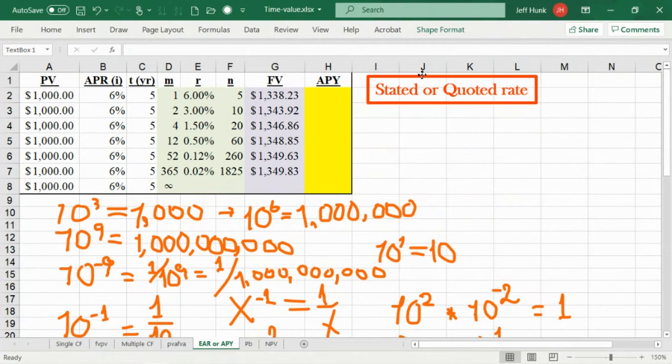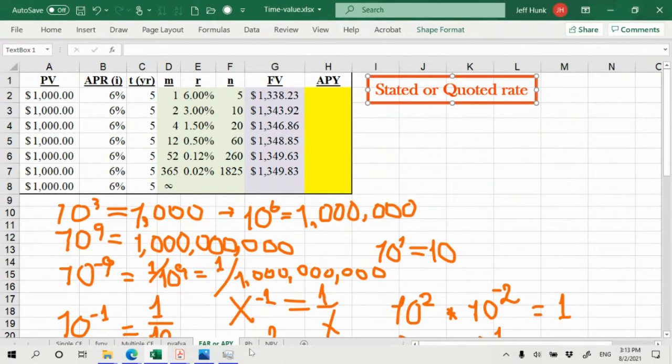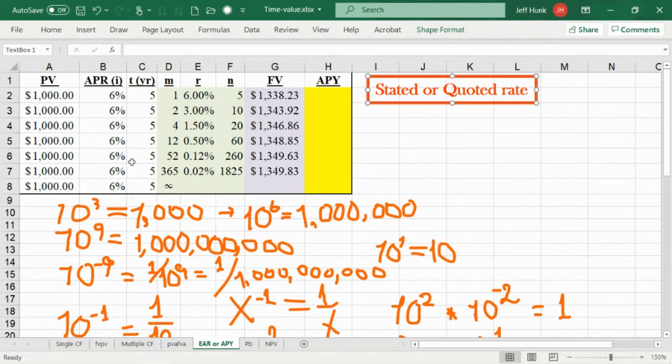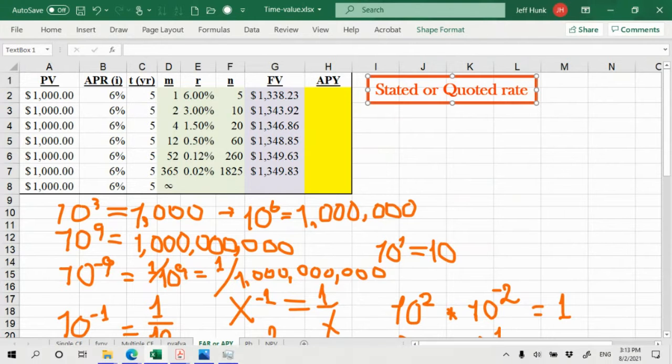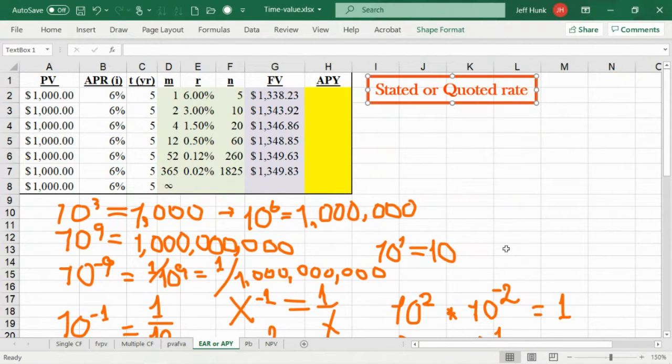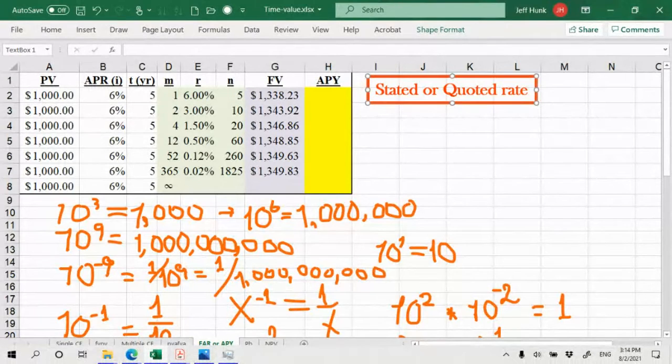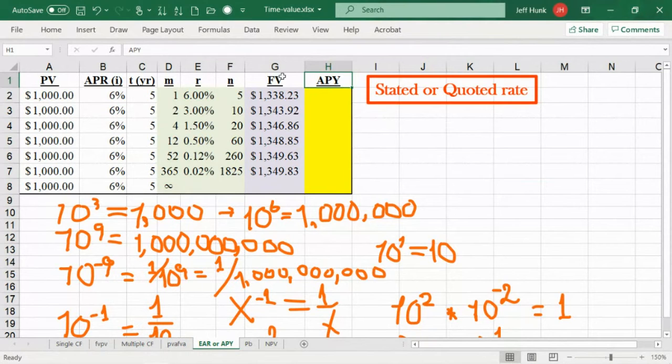Then how do we find the effective rate? In other words, what kind of stated or quoted rate will take this 1,000 to this future value, compounded just once a year, right? So the formula for APY, or effective interest rate, is